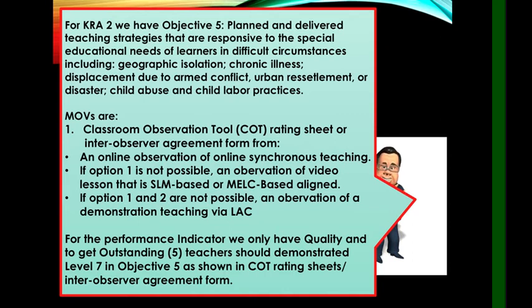are objectives 1, 5, and 7. So for objective 5, plan and deliver teaching strategies that are responsive to the special educational needs of learners in difficult circumstances, including geographic isolation, chronic illness, displacement due to armed conflict, urban resettlement, or disaster, child abuse, child labor practices. So,